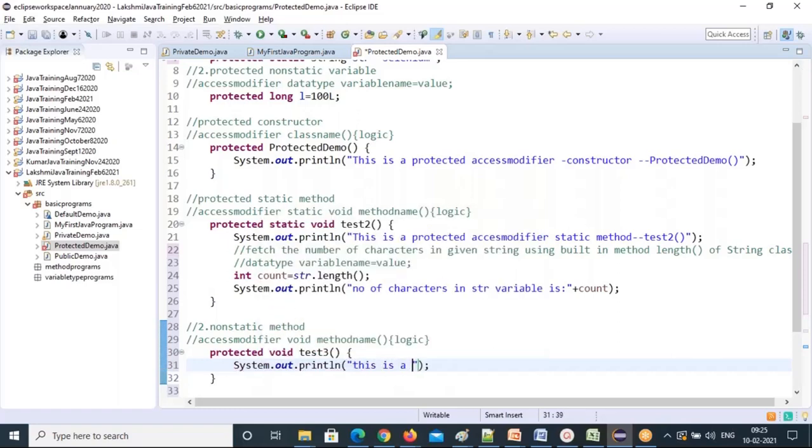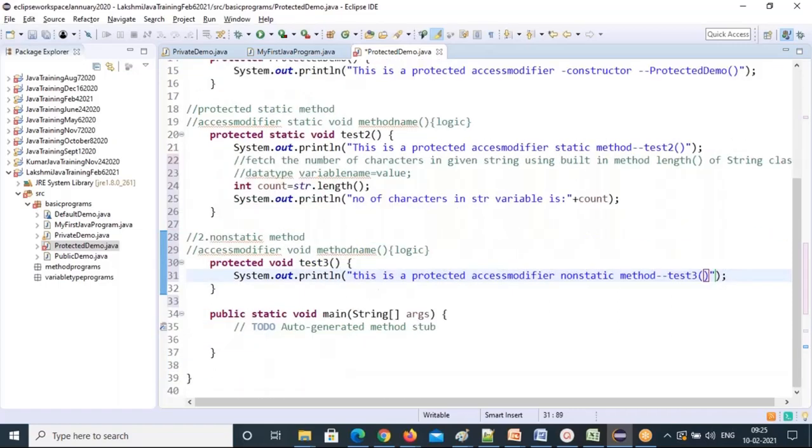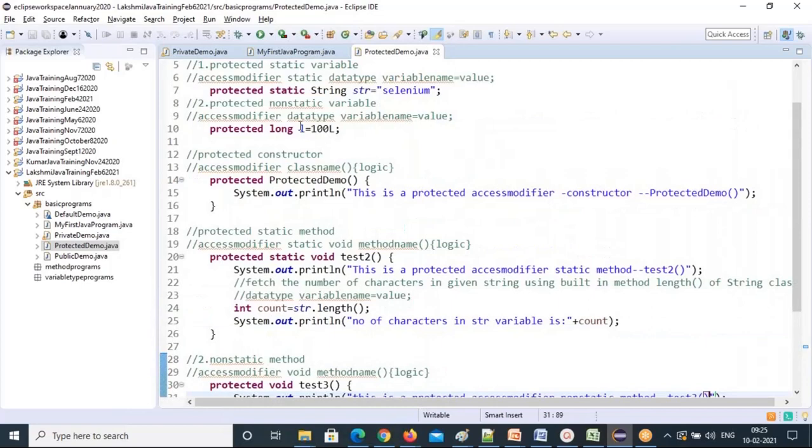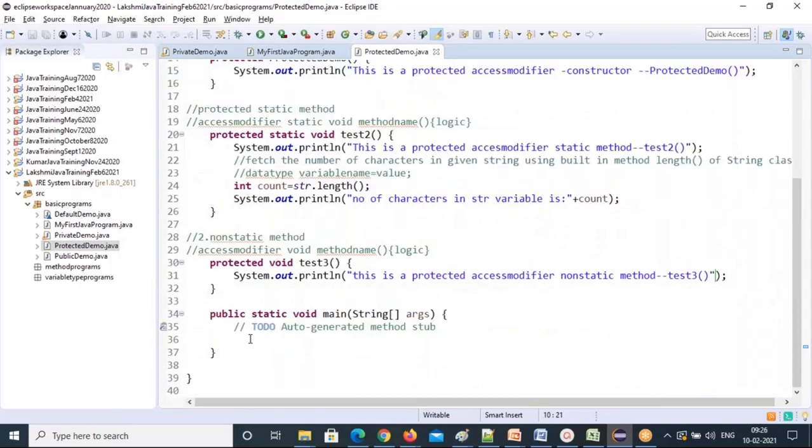So this is a protected access modifier non-static method, that is test3. Test3 is the non-static method. So you can use non-static data here, and you can do some calculations.